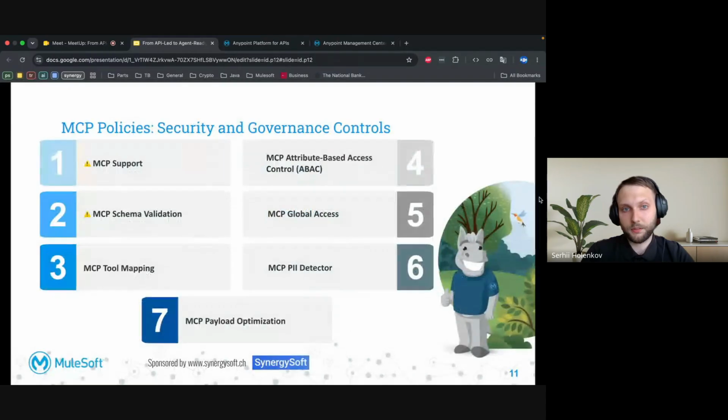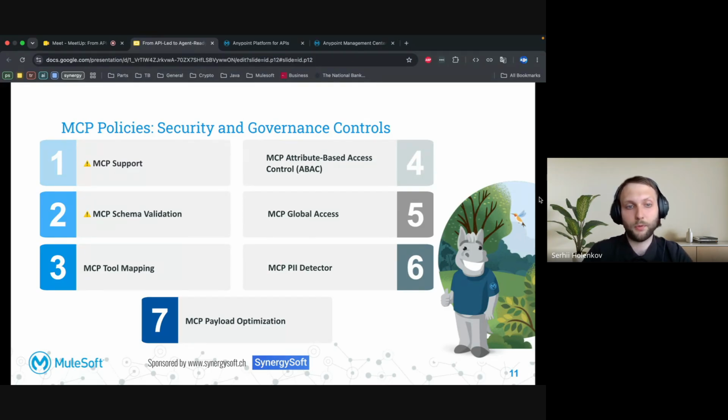Artyom, could you please go to the next slide? Thanks. As I already said, there are 7 main MCP policies, and I'll start from the default one, MCP support and schema validation.